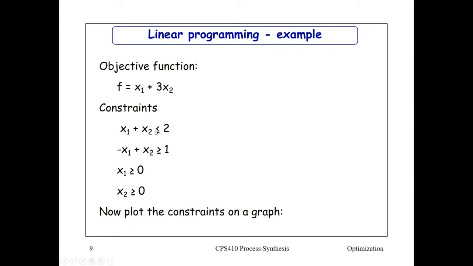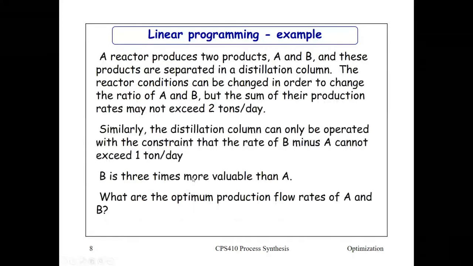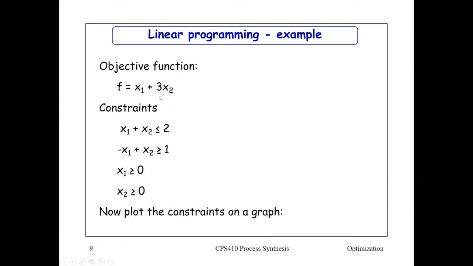Okay, so then the constraints were that the reactor can produce only 2 tons per day, the sum of their production rates. So if x1 is the production rate of A and x2 is the production rate of B, that must be less than or equal to 2. And then on the distillation column,